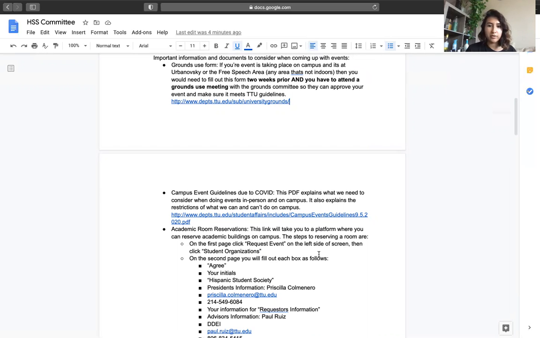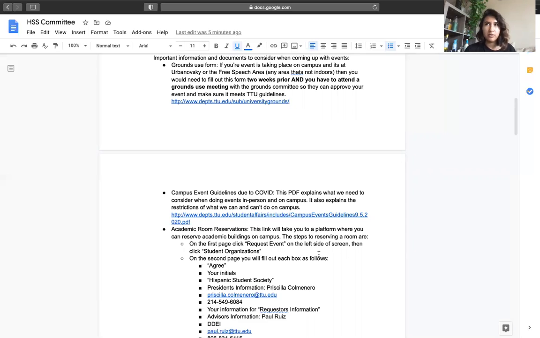If we do something at Urbanosity with a group of us, we have to submit a ground use form telling them what we are going to have. Are we going to have food? Is it going to be prepackaged? What kind of events are we going to do? Basically it's another proposal to them, and they have to accept it.